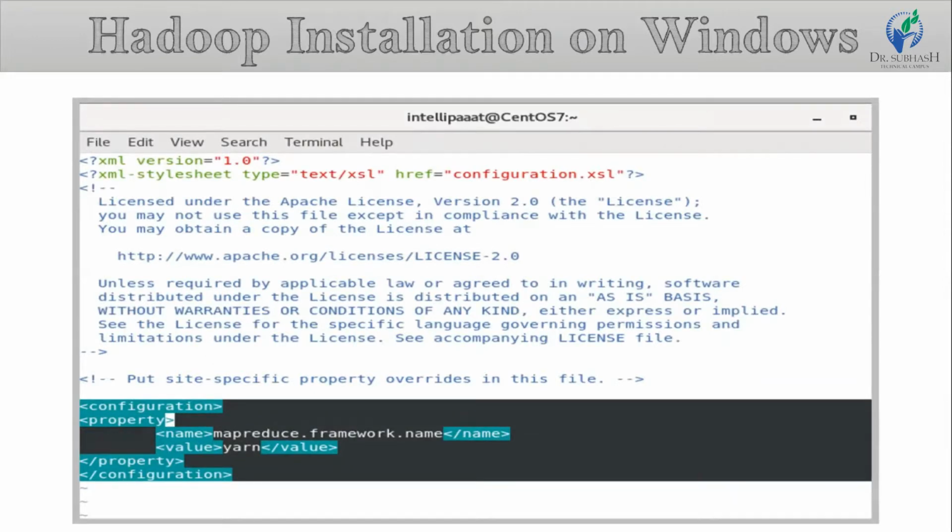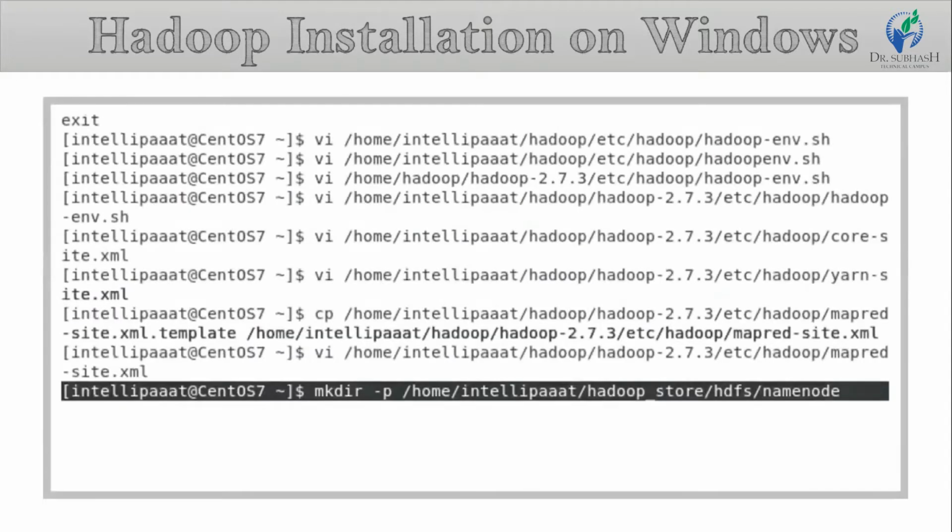Now you are editing the hdfs-site.xml file. Before editing hdfs-site.xml, two directories have to be created, which will contain the name node and data node.